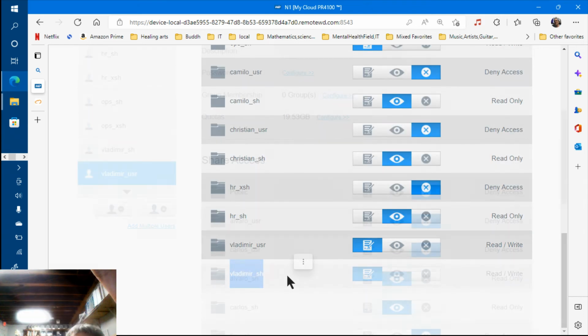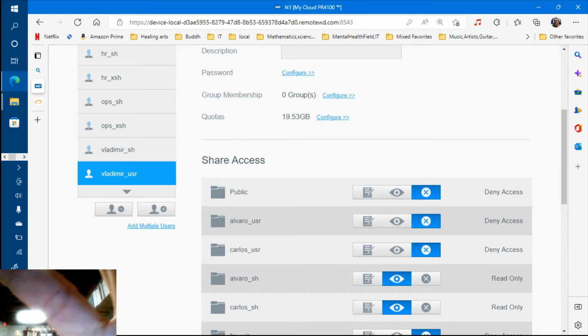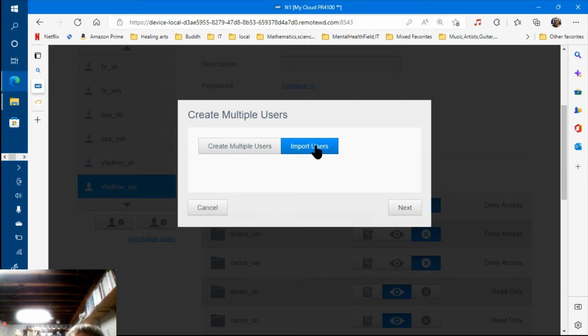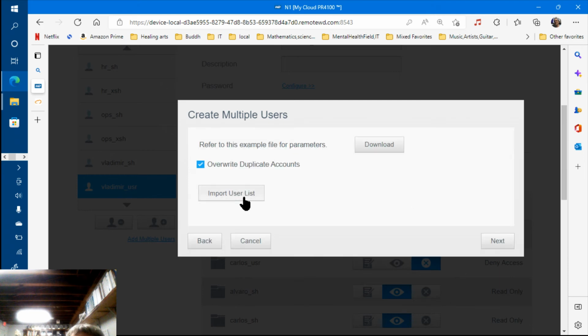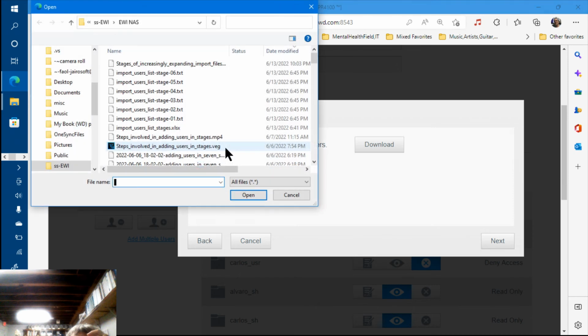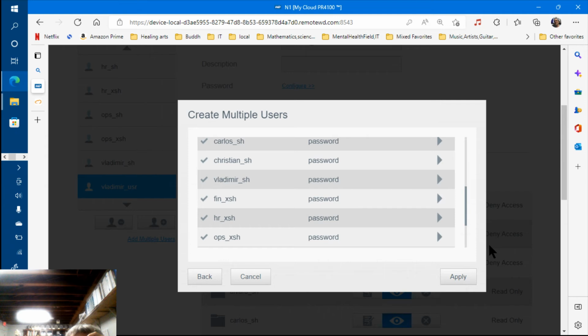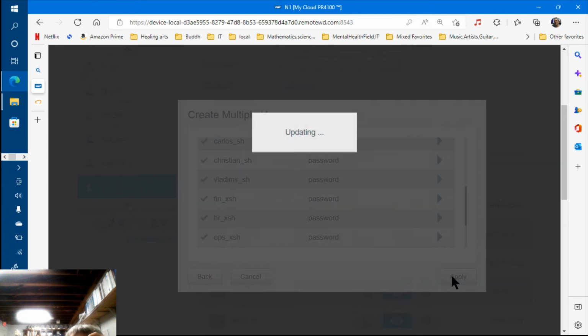So I'm going to run it a second time because I showed you that it didn't finish a particular setting. It was kind of disabled. So I'm running the same file for a second time, and when I click apply, that'll set the shares correctly,